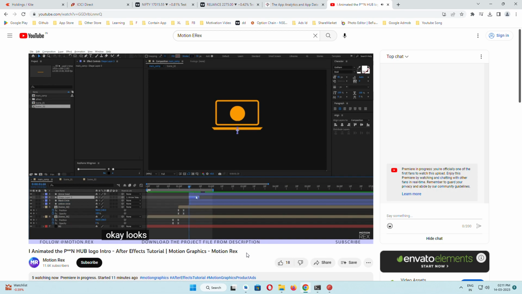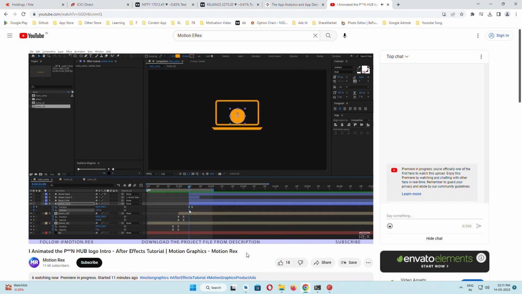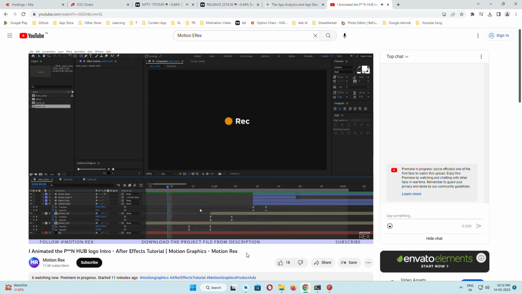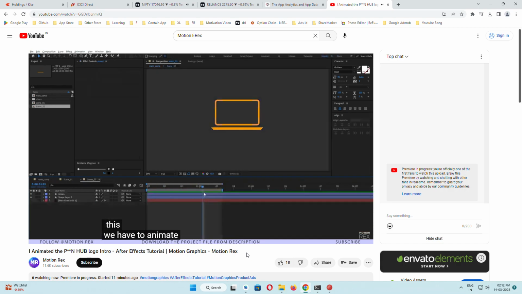Okay, looks good. And after that, let's animate the yellow circle a little bit. So I'll press Alt Shift P again, drag this over here, just a touch. If you want, you can animate the opacity as well and change this to 0. Now let's ramp preview it. Looks good, right? And after that, when it completes the animation just like this, we have to animate this one